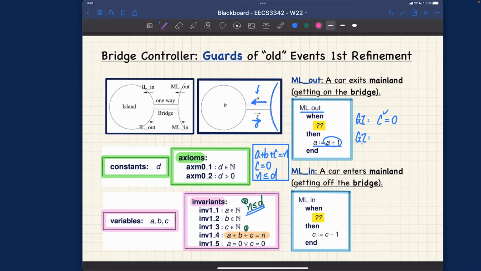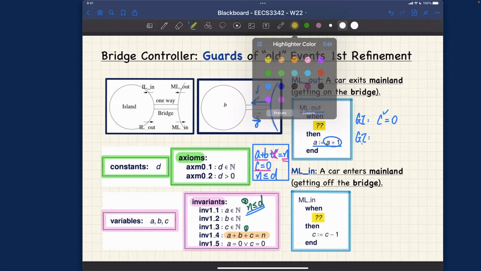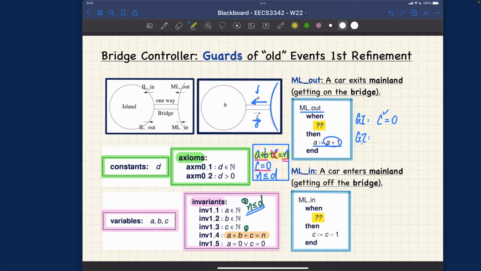So you can see C is simply equal to 0. So now we can cancel this out, right? C is no longer relevant over here in the equation. And also N over here is less than or equal to D, right? And also we know that A plus B is not equal to N. So if you try to combine these two together, it should not be too surprising to come up with the conclusion over here, right?